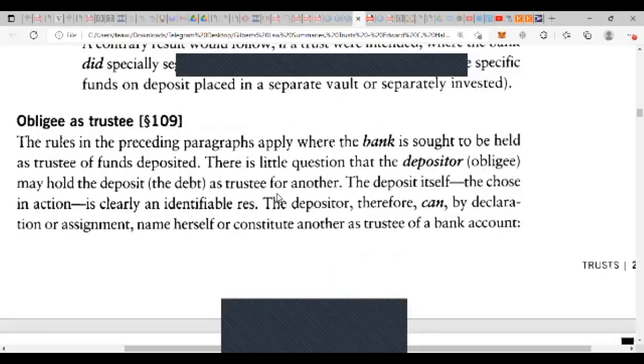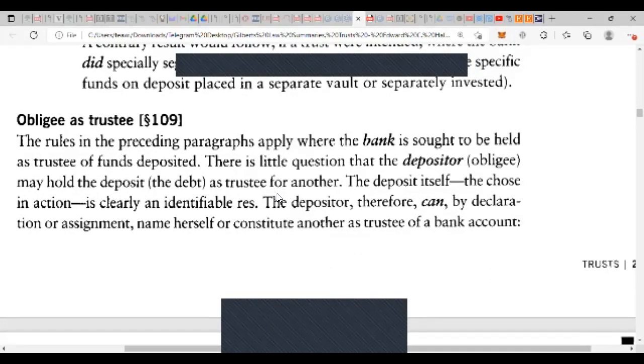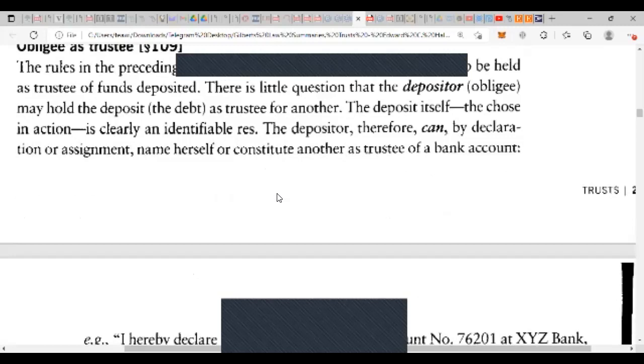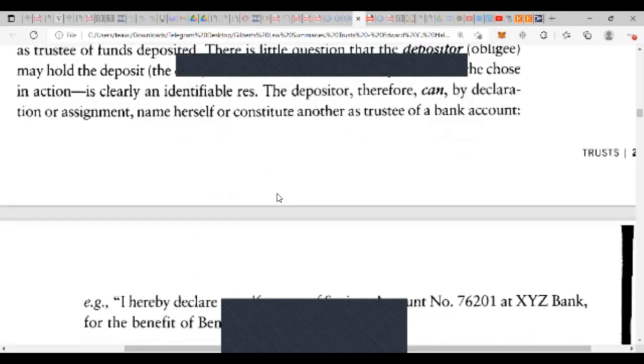There is little question that the depositor, obligee, may hold the debt as trustee for another. The deposit itself, the chose in action, is clearly an identifiable res. The depositor, therefore, can, by declaration or assignment, name herself or constitute another as trustee of a bank account,